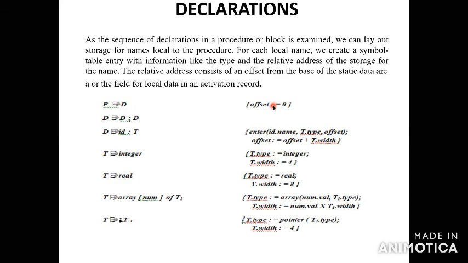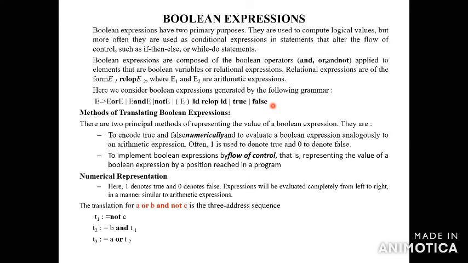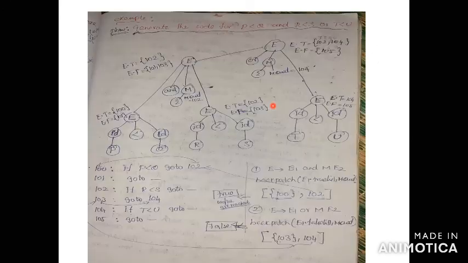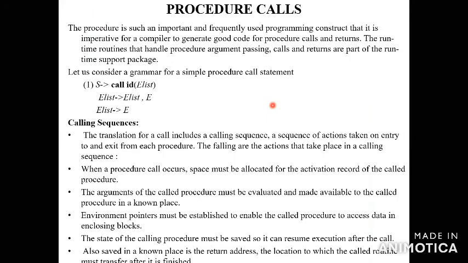We will discuss it in tomorrow's class: declaration, assignment statement, Boolean expression, the advanced technique of backpatching, then case statement, flow of control statements, procedural call statements. So these are all the given statements. This covers what intermediate code generation is, the types of intermediate code forms, the three address code statements, and the types of three address code implementation. That's all. We will discuss the programming language constructs in tomorrow's class. Okay, it's clear.